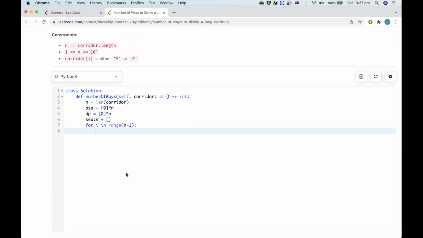There's a number of ways. Okay. So I want to arrange backwards. If the current one is a seat, then I'm going to add it to the list of seats. If there's less than 2 seats,